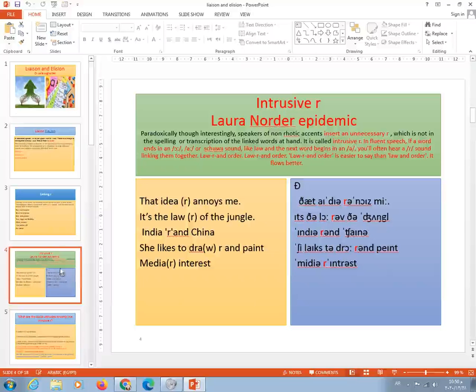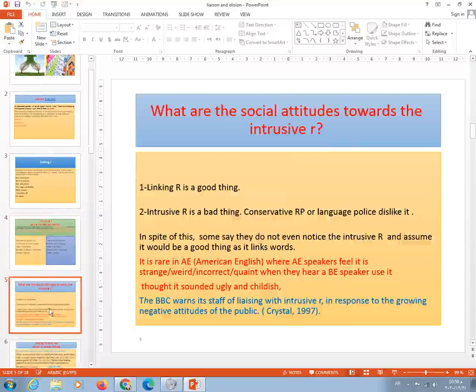Let's look at what the social attitudes are towards the intrusive R. How do people look at this? First, linking R is a good thing. It's something that really helps people link words and speak naturally and comfortably. As far as intrusive R, many people consider it a bad thing, especially the conservative RP speakers, or what we call